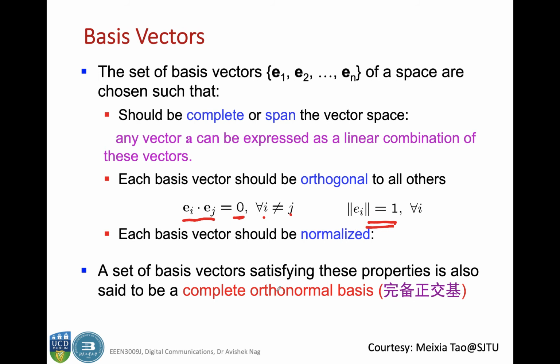So a set of basis vectors satisfying all these three properties is called a complete orthonormal basis. Okay, so